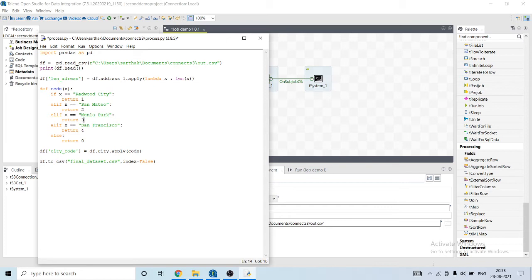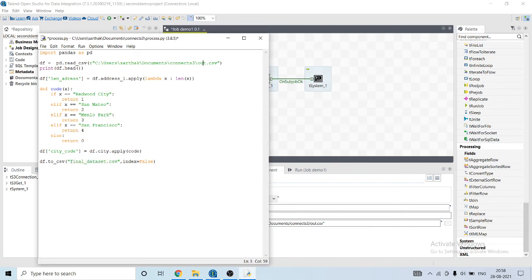Another transformation that I performed is that if the value inside the column city is Redwood City, it will give the code 1, else 2, else 4, else 5, or else 0. Finally, I will save the processed data frame to a CSV named final dataset.csv.